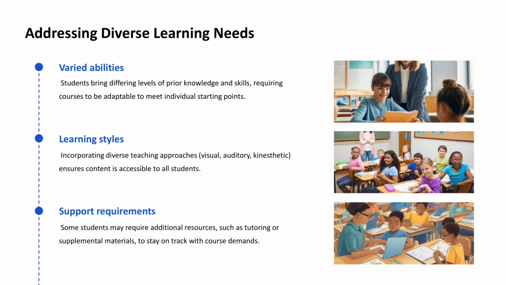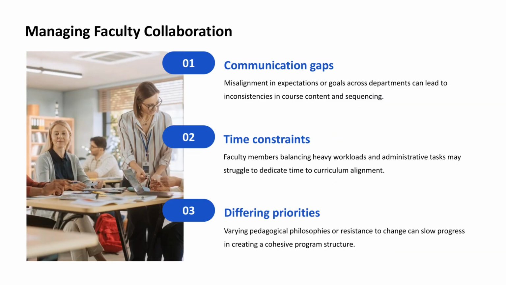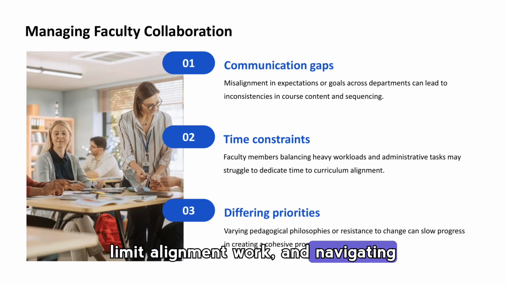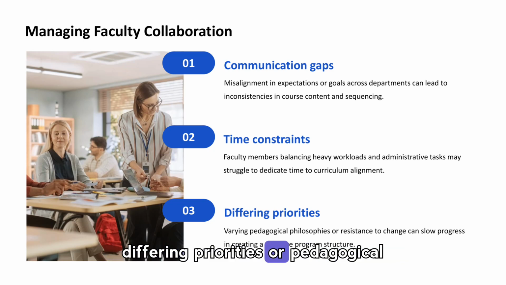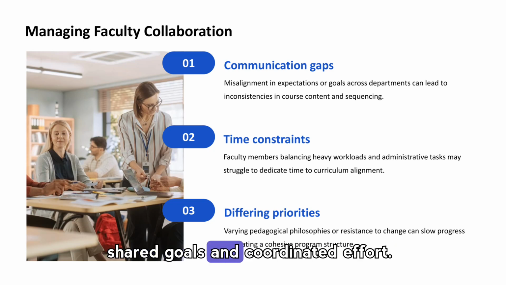can stay on track. Managing faculty collaboration means confronting communication gaps that cause inconsistencies, acknowledging time constraints that limit alignment work, and navigating differing priorities or pedagogical philosophies so departments can build a cohesive curriculum through shared goals and coordinated